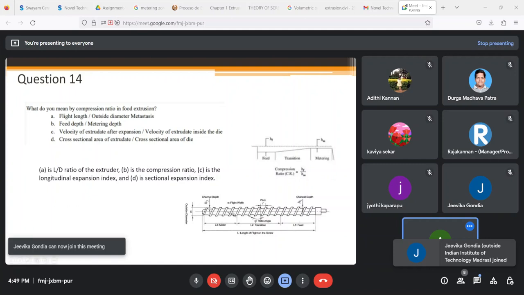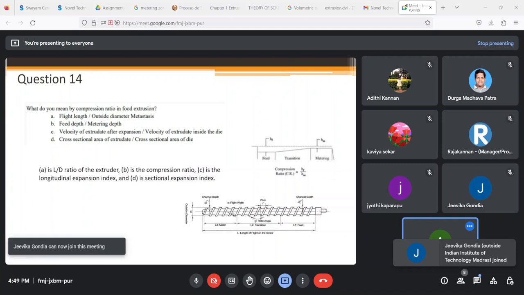So in this case you can see your height is decreasing. You have a lot of height in your feeding zone and a reduced height in the metering zone. Because of this reduced height, this will ensure a lot of shear rates, higher compression, and then texturization